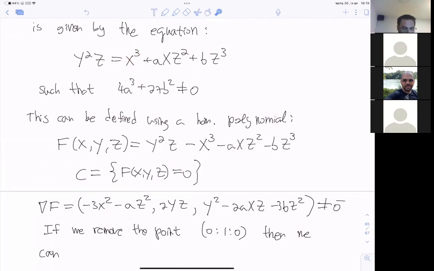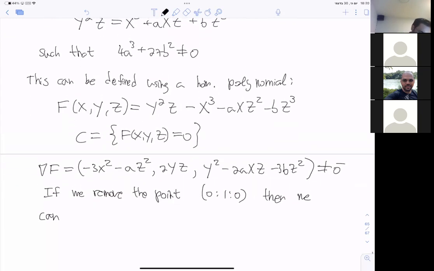So the only point on which z is zero is this point. Remember that 0, 1, 0 is like 0, 2, 0, etc. So when we remove this point, z is not 0 anymore,